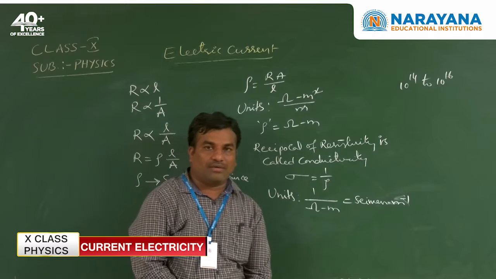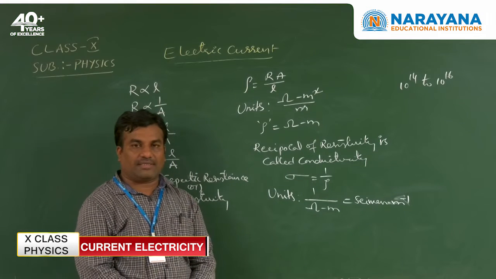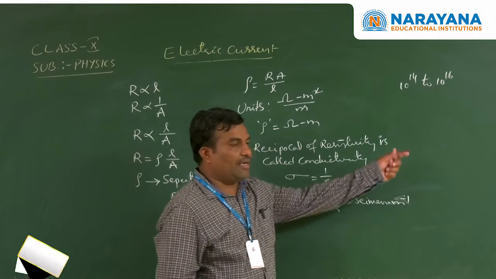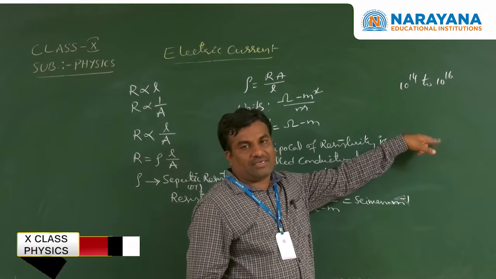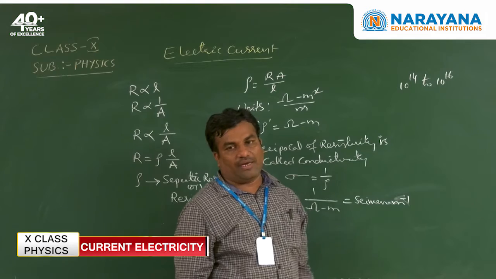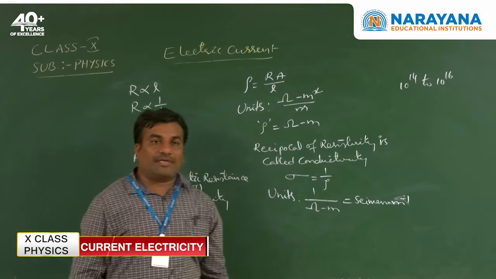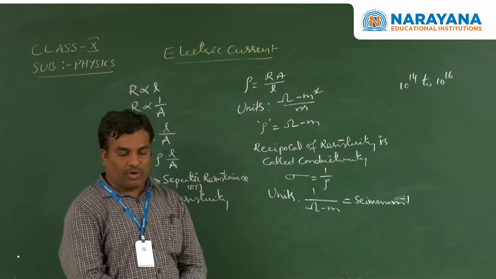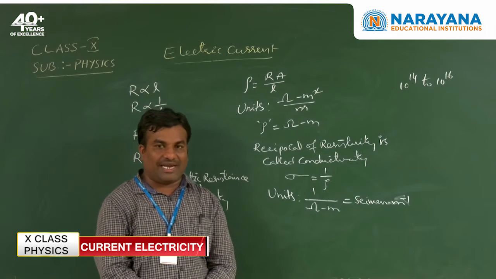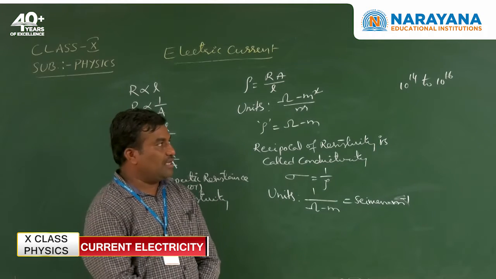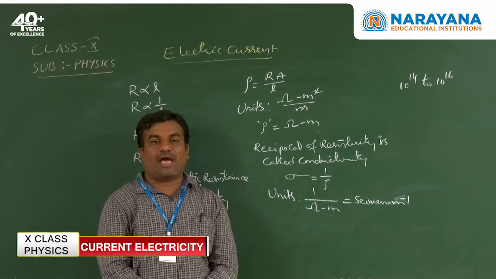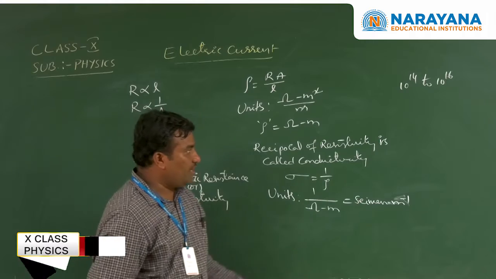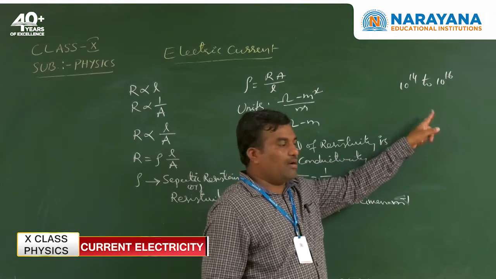Materials are of three types: conductors, insulators and semiconductors. Resistivity is high in insulators, low in conductors, and in between for semiconductors. We observe here that alloy metals have more resistivity. Alloy metals such as nickel, manganese, constantan and tungsten have high resistivity, so less conductivity. That's why the resistance of an insulator is more than that of a conductor.